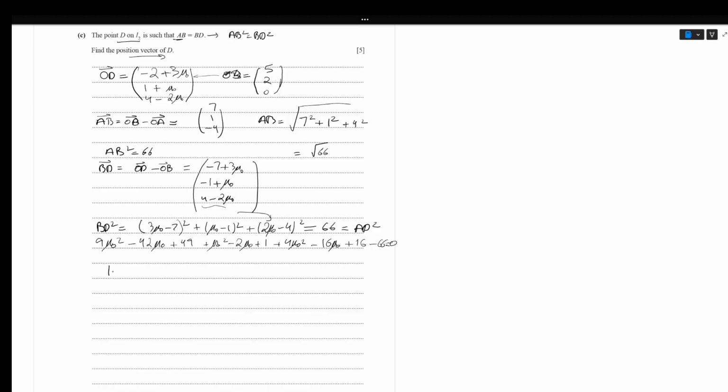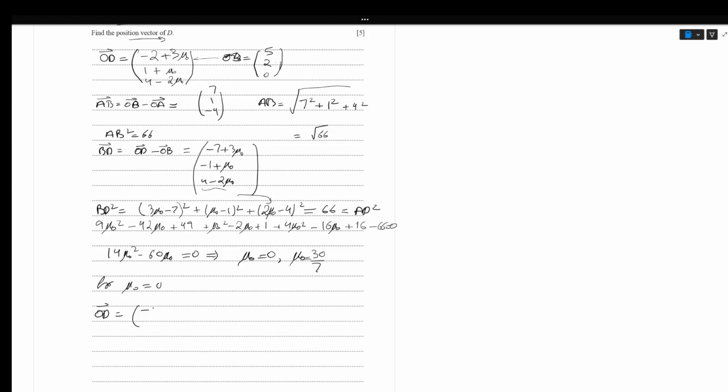और इसको सिंप्लीफाई कर लूँ तो 14 mu naught square minus 60 mu naught is equals to 0, which implies कि mu naught is either 0 or mu naught is 30/7. For the case कि mu naught अगर 0 है तो what does that mean? What that means is कि